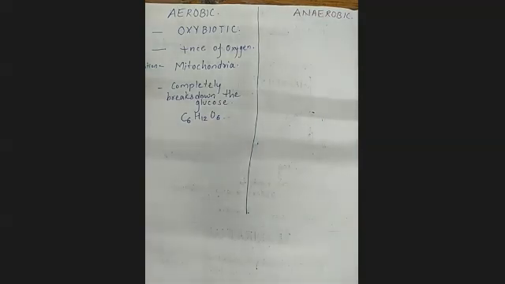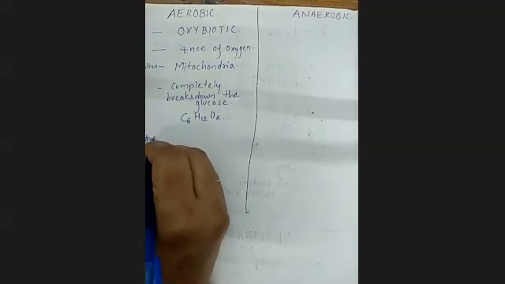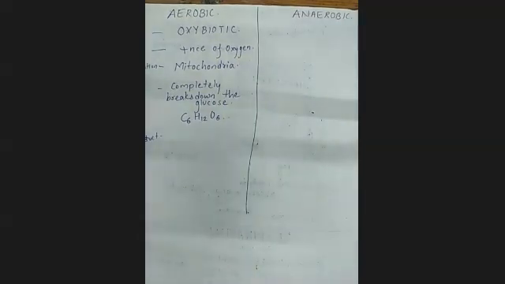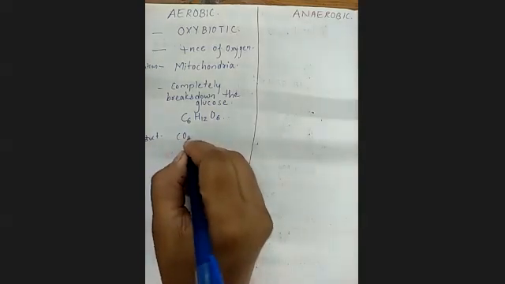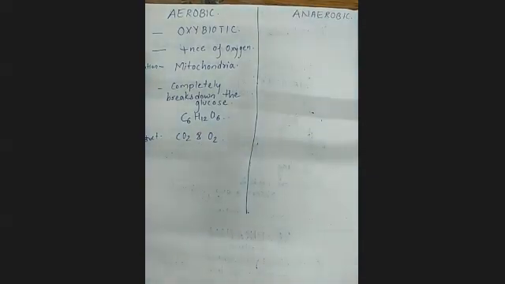Okay. So next one, let's talk about end products. As we know, once this respiration ends, or if you completely break down the glucose, then what do you obtain from it? You obtain carbon dioxide and oxygen from it. Okay, you get both of them. CO2 is received and oxygen is also received. So these are the end products of the reaction.